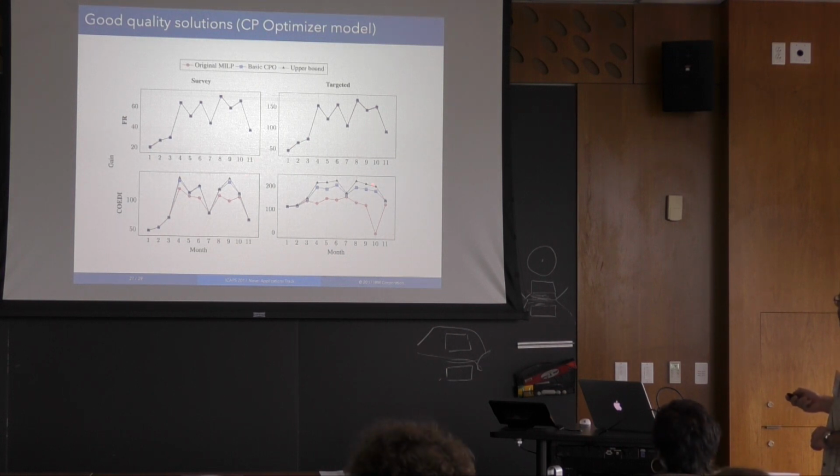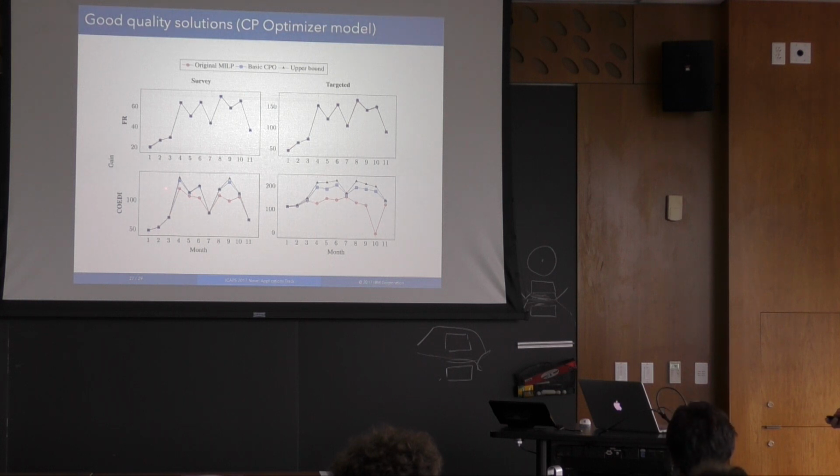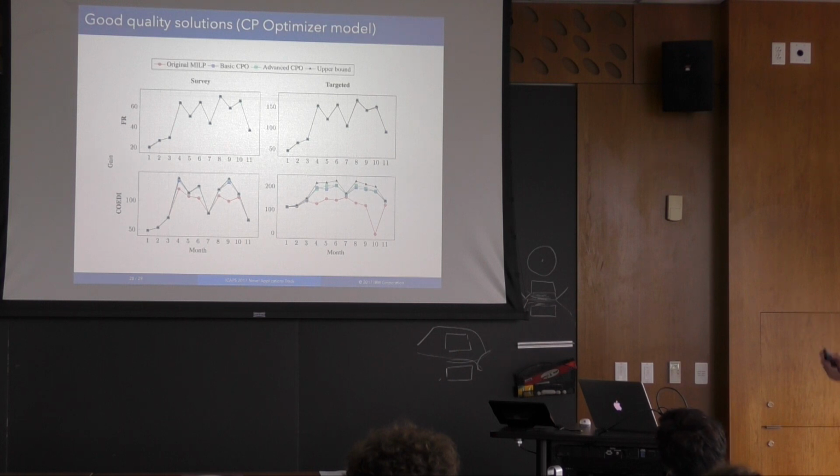This is the blue line here, and we see that for the simple problems it was able to obtain the optimal solutions, and for the most challenging ones, we improved quite a lot the result over the original MIP. There is still some gap here, but we still don't know if it is because of the upper bound or because we can still improve the solutions a bit. We also tried an advanced model based on this one, but it only slightly improved, so it was not a very important improvement.